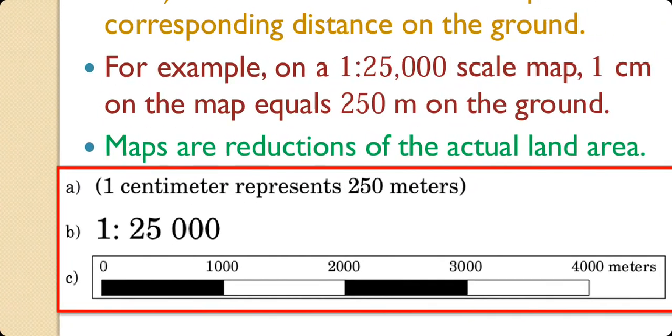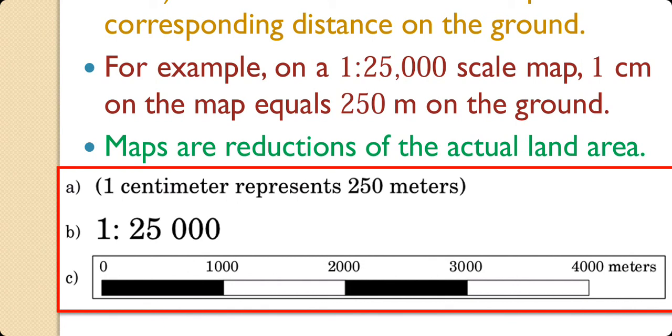Now on this bar, which is enclosed in a red bordered box, there are 3 things you have to note. The first is the scale written in a simple sentence, like 1 centimeter represents 250 meters. The second thing is the ratio written 1:25,000. Here units are not mentioned. And the third thing